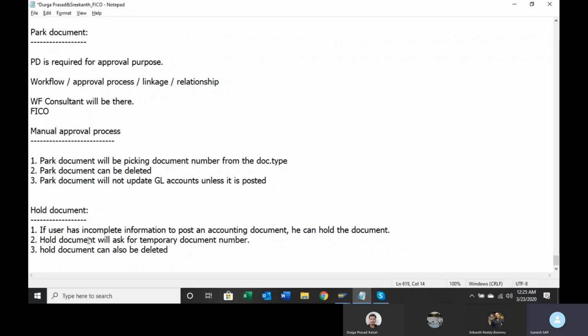So this is one of the business reasons. There could be other reasons. For example, you are trying to post an accounting document. In between, your friend came and told you, let's go for a coffee. So you may come out of that screen and re-enter all the information you have given until that time, or you can put it on hold and go for coffee, have some time and come back again, bring back that whole document, and then you can post it. Okay, so these are the various reasons why you would want to hold the document.